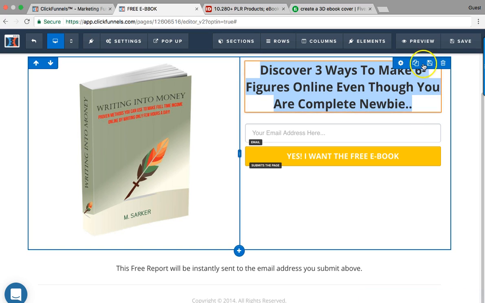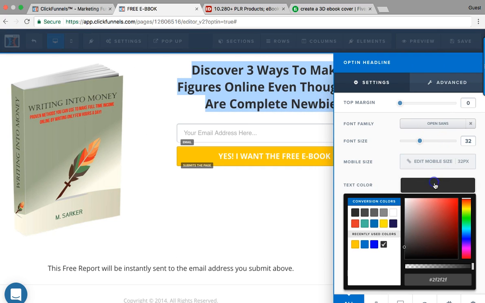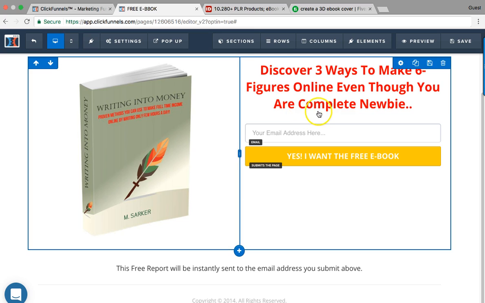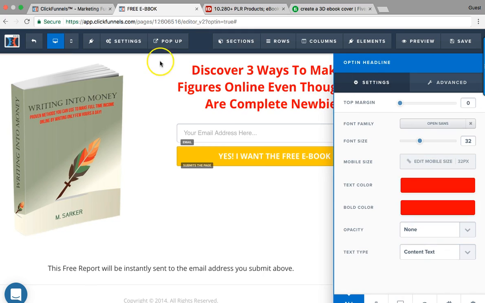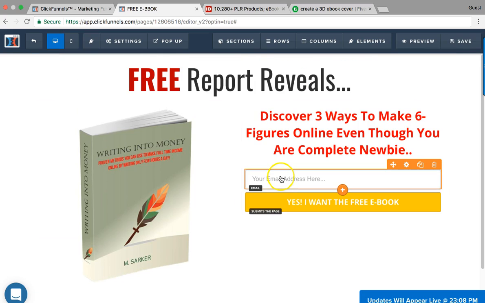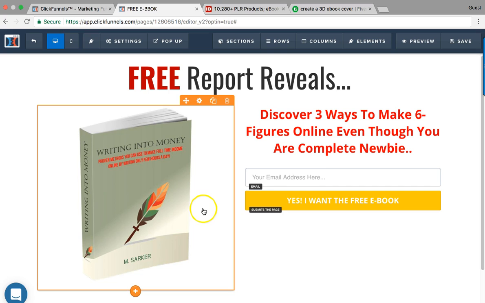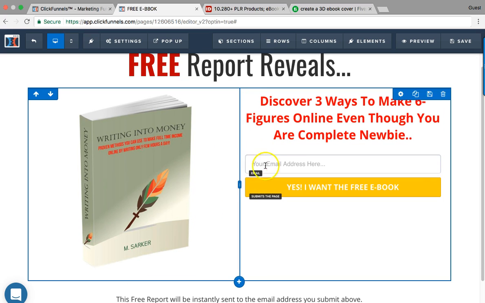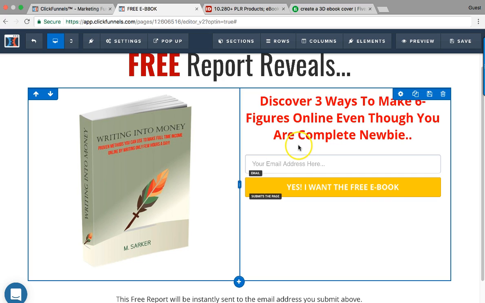I want to make sure that this thing is red, because red catches people's eye fast, basically. And what I'm going to do, instead of having that here, I think this should be fine. This is perfectly fine. And that's all. This is the structure that I use most of the time. I like to keep it simple with some bullet points. Sometimes I don't need any bullet points, because